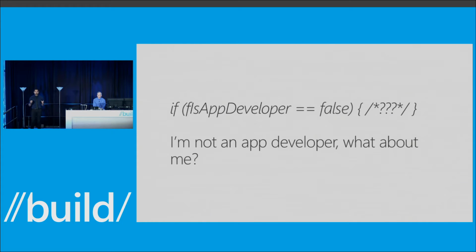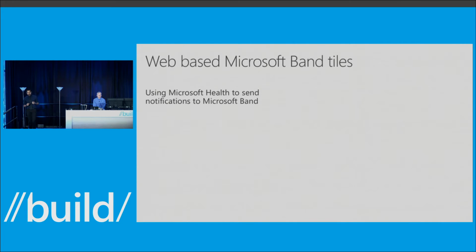So today, we are very excited to talk about and give you an early look into this thing that we're working on, which is what we call web-based Microsoft Band tiles. Essentially these are tiles that exist on your Microsoft Band, and they are powered by the web. The way we do it is the Microsoft Band is always accompanied by the Microsoft Health app. The Microsoft Health app is present on all the platforms that you're pairing your Microsoft Band with. The Microsoft Health app allows the Microsoft Band to be connected to the internet. So we thought, why not use the internet connectivity that's provided by the Microsoft Health app and allow the Microsoft Band to get content from the internet.